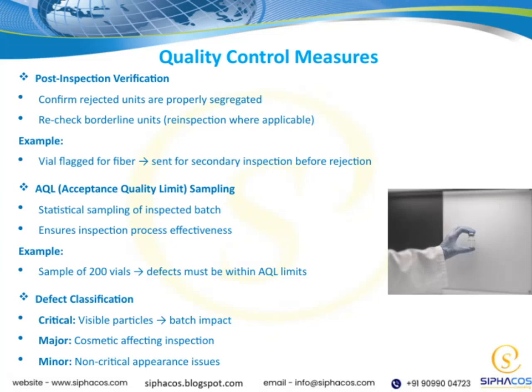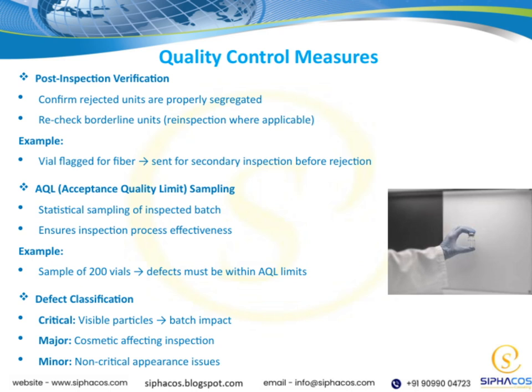Now, let's move on to post-inspection verification. It's important to confirm that any units we've rejected are properly segregated to prevent mix-ups later on. This step ensures that rejected items don't accidentally get back into the production flow. We also need to recheck borderline units, which means doing re-inspections where applicable, especially for those that are close to